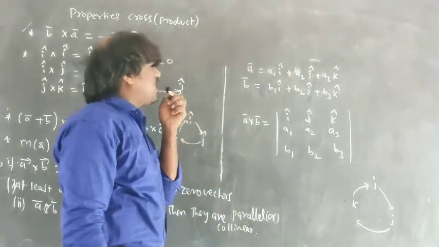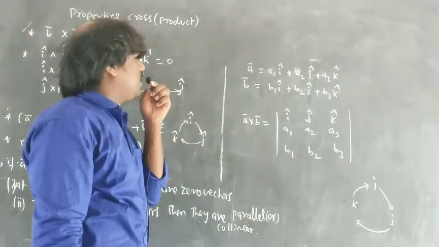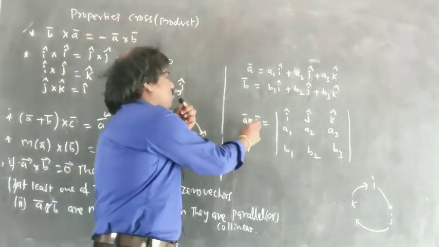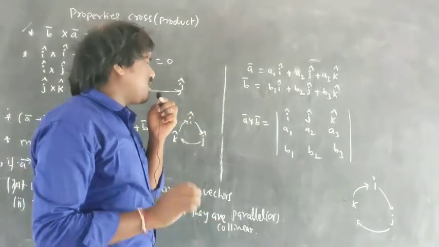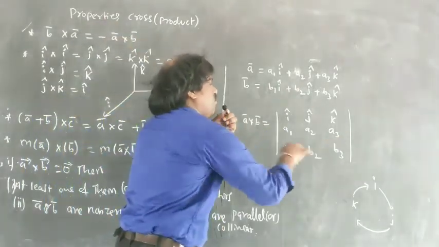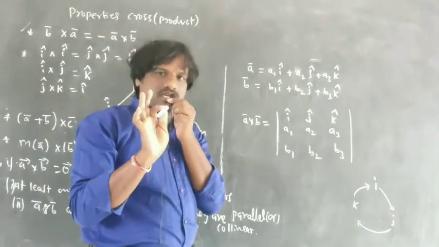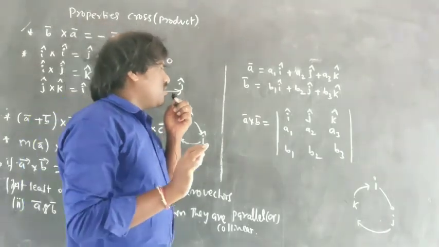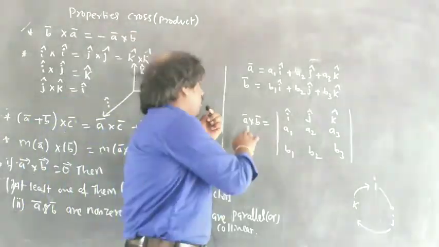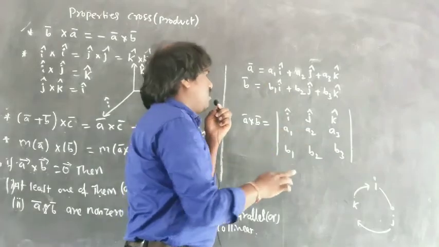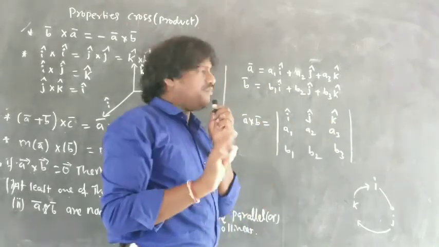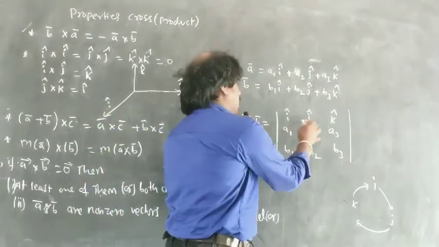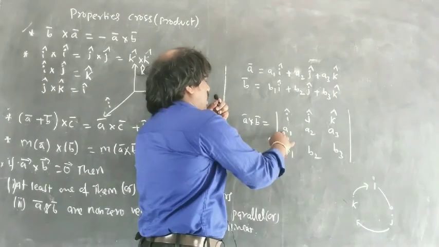If A vector is A1 i plus A2 j plus A3 k, and B vector is B1 i plus B2 j plus B3 k, then what is A cross B? The simplest way is the determinant form. Class 12 students already know about determinants; in Class 11 you will come to know later, so I'll just explain what a determinant is. A cross B, this is the simplest way they write. We always write i, j, k because the result is a vector. Then you write the components A1, A2,